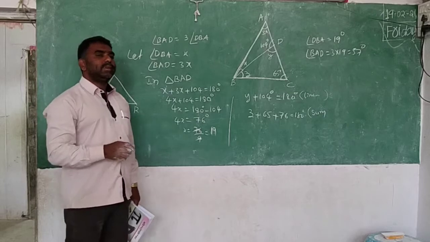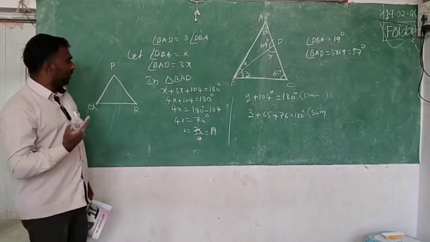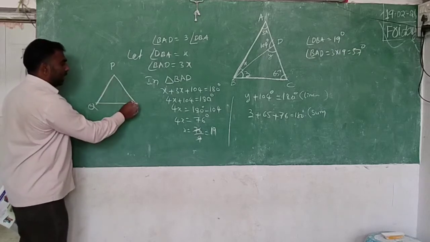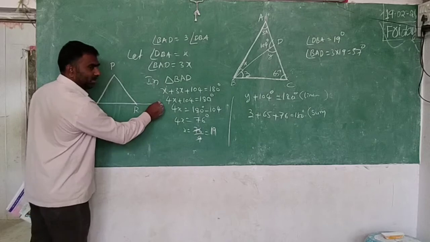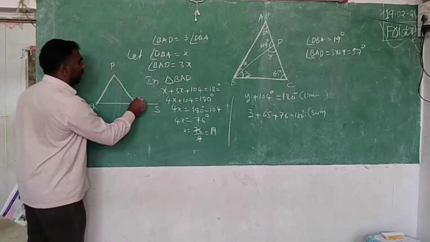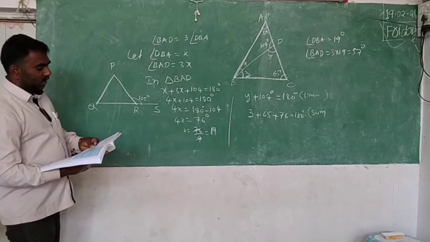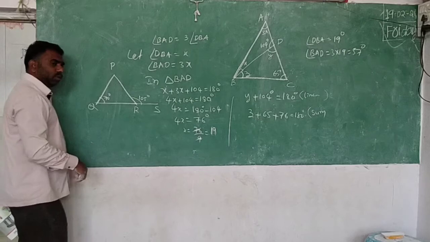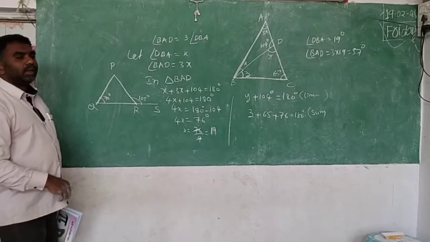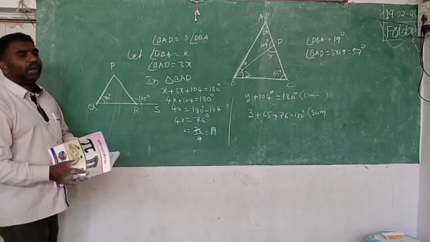Second, what is the exterior angle? PRS. Where will it come? Like this, no? No, like this. Exterior, he said. This is 105, he said. Next, what is given? Q is equal to 70 is given. So now what can you find easily? You can find all, but here he is discussing finding P only.